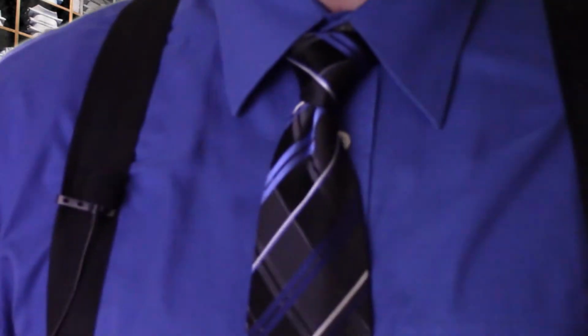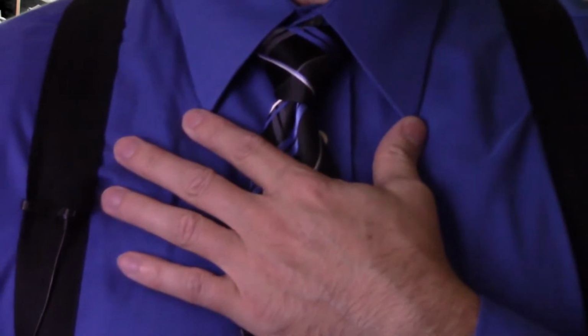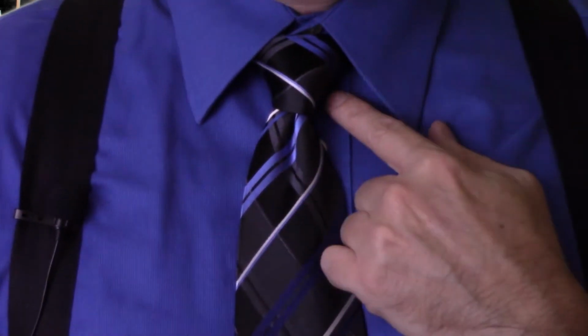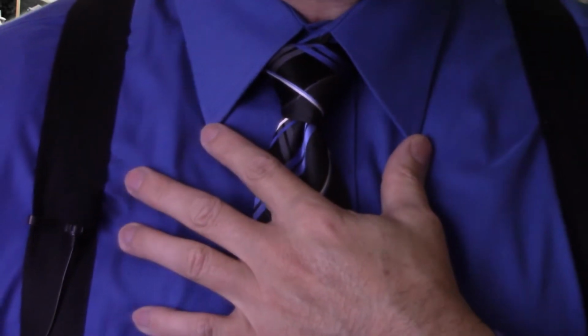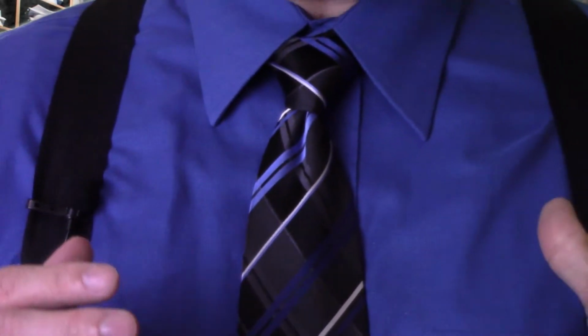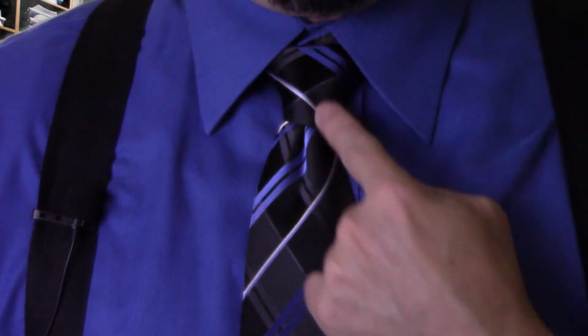Okay, now here is another thing you want to think about. The width of the collar is very important when selecting the type of knot you're going to use. Now in this instance, I'm actually using a half Windsor. This is about a medium spread here between the lapels. I don't have a whole lot of wide ones. I will switch to a wider shirt when I show you the full Windsor, but the half Windsor is basically